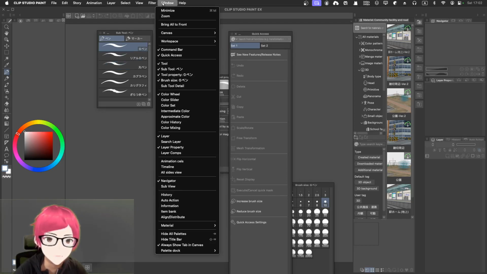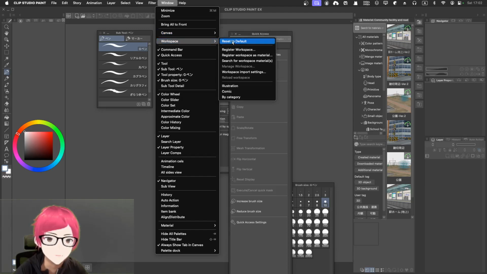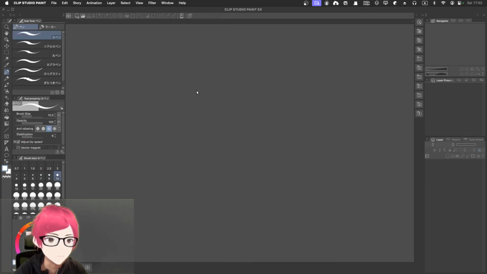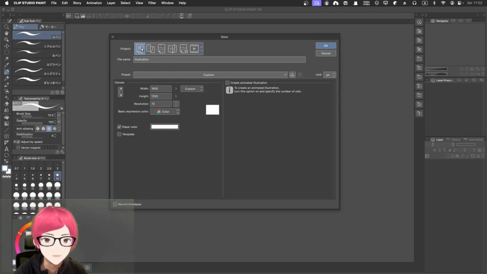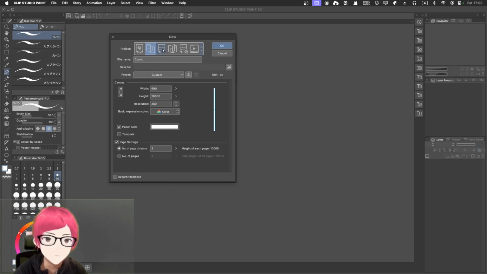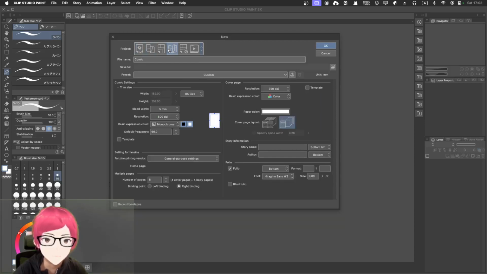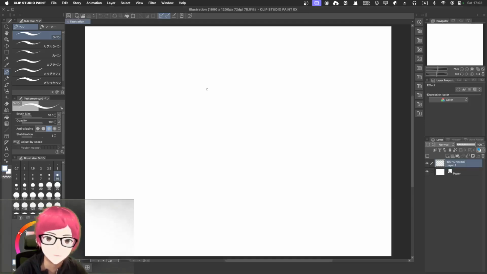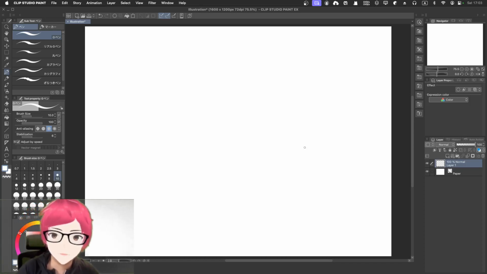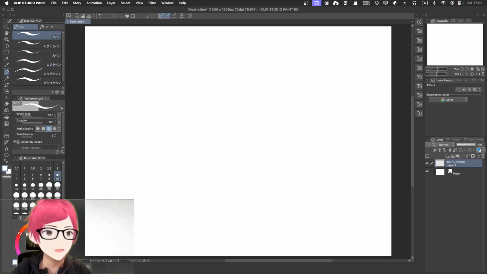So if you get really messy, just go here and go to workspace. You can reset to default, and voila, you got as good as new. Okay, so when you open the file, you can just create a new one, and you can choose multiple settings. I mainly use this for comic, so I often use the comic setting, and of course if you just want it for illustrations, totally okay. Alright, and you just create that, and you get illustration settings ready. And yeah,